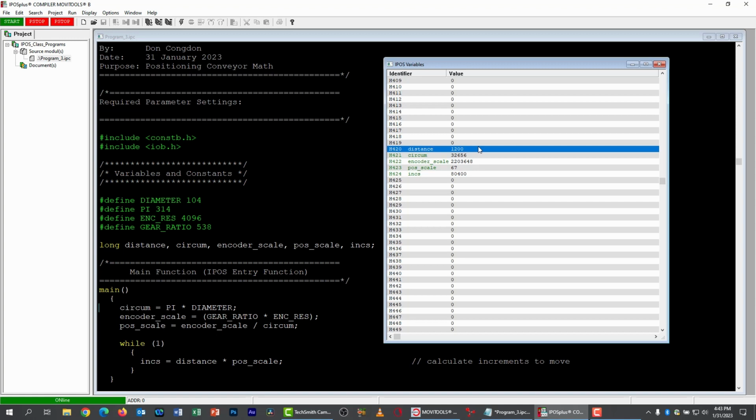Now, why did this happen? Why didn't we get the right number? Well, let's look at all our variables here. All right, circumference is obviously not too bad. We got 326.56 millimeters. Remember, we have kind of an imaginary decimal place 2 positions from the right. Our encoder scale calculated correct. It's still got a fractional component,